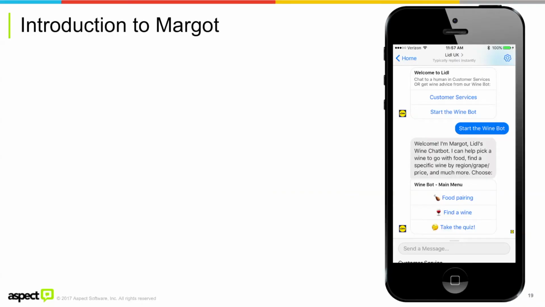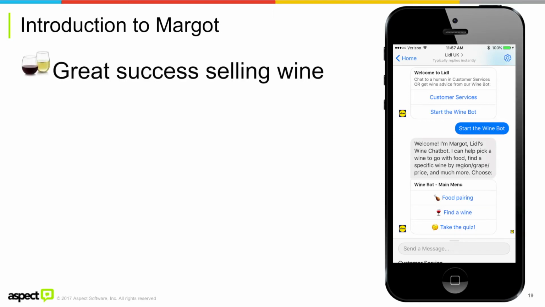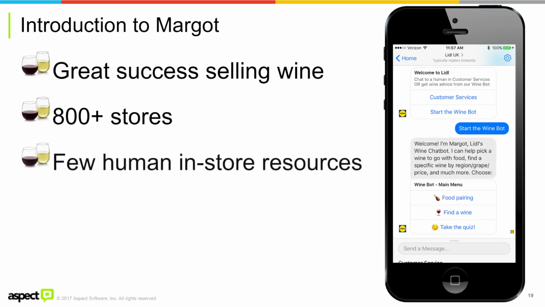So you might say, well, wait a minute, how is this a contact center question? Think of the people in the grocery store or in any retail store as sort of the first level of your contact center. They may not be on the phone, but they are the people that your customers are talking to in the field with questions about what they're trying to purchase. In the case of Lidl, they had great success with wine in their stores. They've got over 800 of them here in the UK, but very few people in the store who actually know wine. So people have questions about wine when they're shopping in the store, they have no one to talk to. And they want to figure out, well, we have expertise.